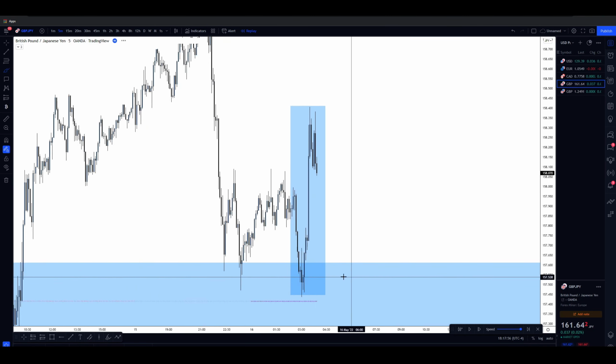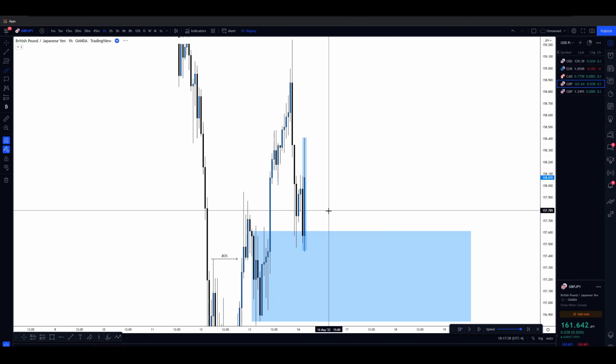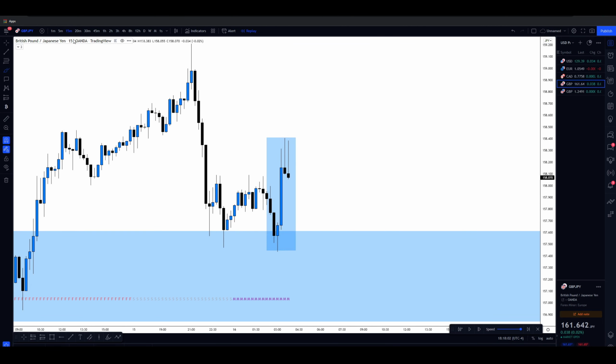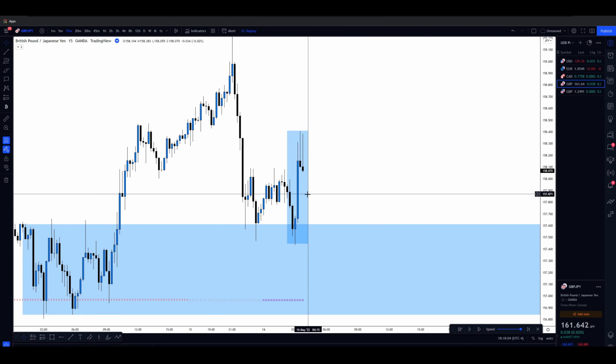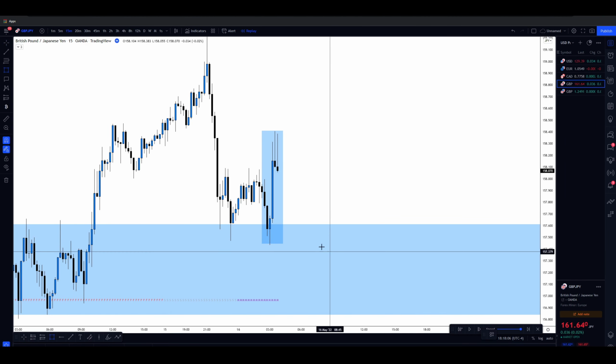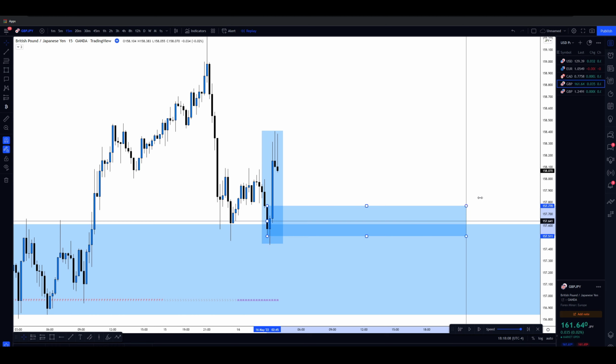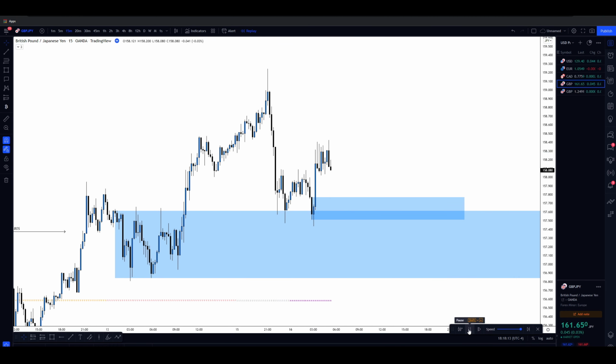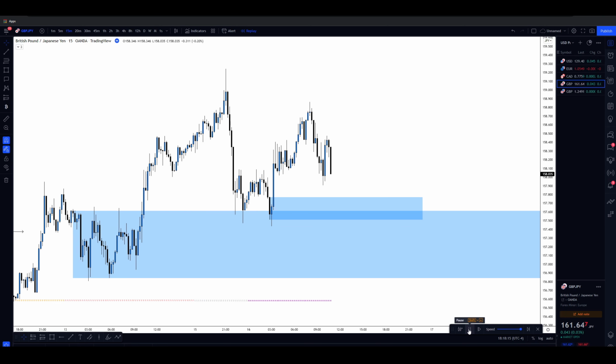Now that we got that out of the way, what I did from here, this was on the 1 hour, or no, was it on the 45, 30, 15? So on the 15 minute, now that we have market structure going our direction, all you want to do is find that last institutional down candle before the impulsive move up. Simple as that, and then you set your limit. Now in this case, let's see what ends up happening.